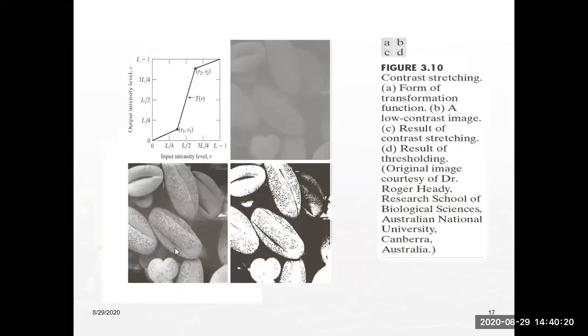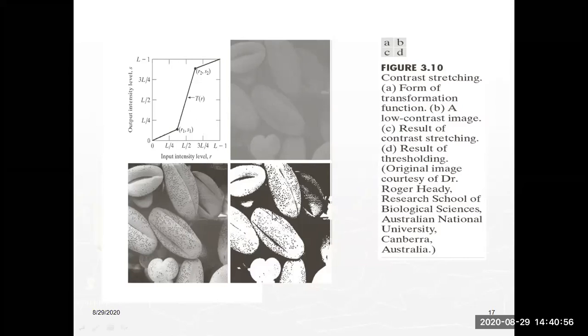what happened? This is the input image with low contrast. This is the output image after contrast stretching. This is also an output image, after thresholding. Here, as per our requirement, we are only highlighting, but in thresholding it is simply complete black, complete white. White becomes more white, black becomes more black. Did you observe that? But here it is not like that. Depending upon our requirement, the intensity values can be changed.